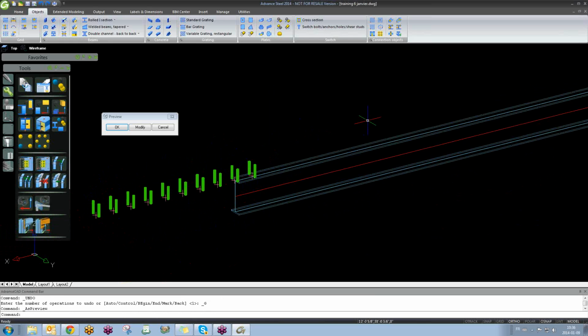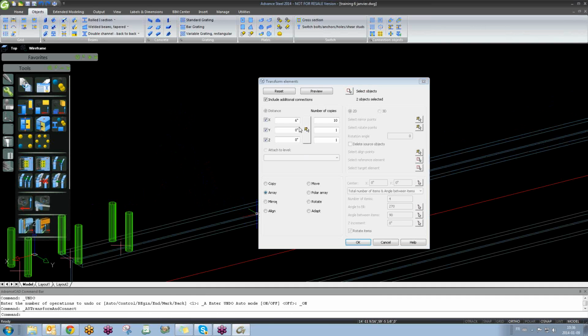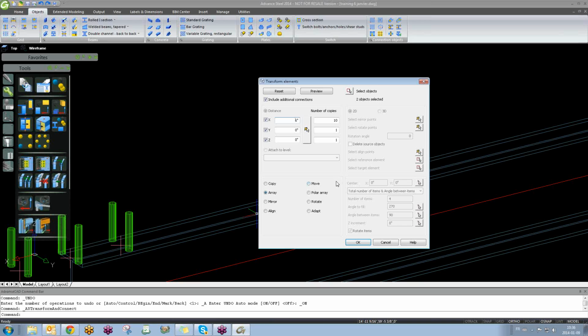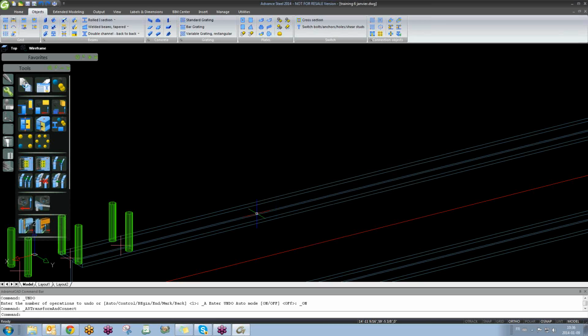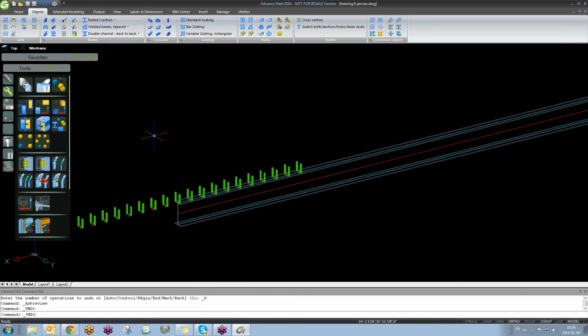But I want it on the other sense. So if I am happy, I will just hit OK. If not, I will hit modify. Here, instead of 6, I will put -6 and do a preview. If I hit OK,